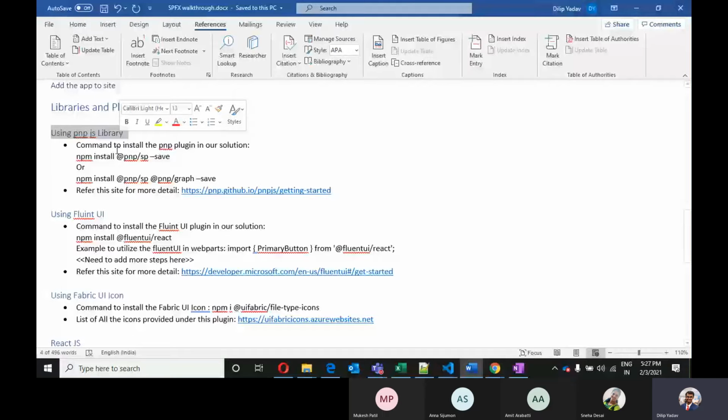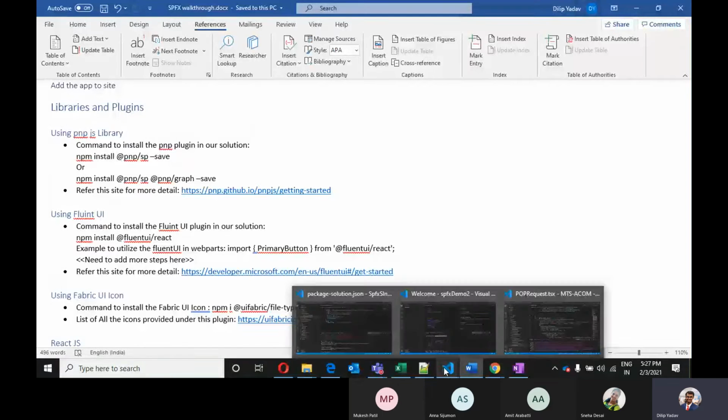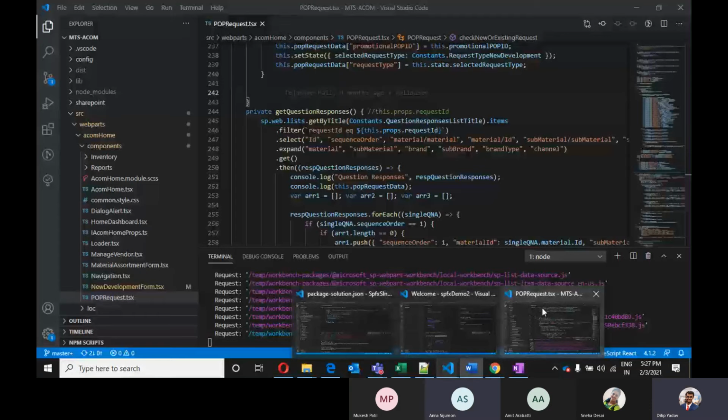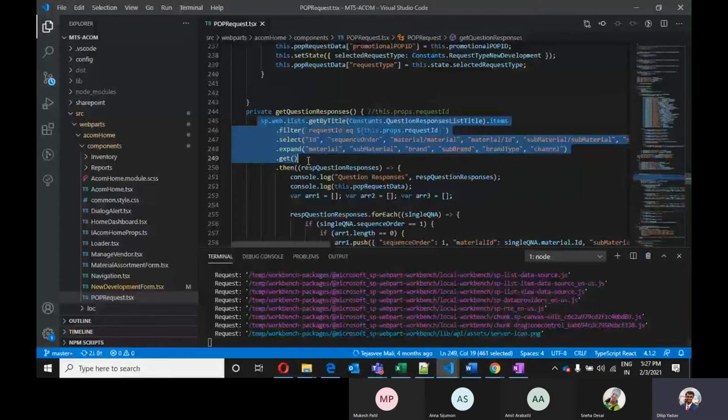Let me demonstrate this with an example. You can see how we are making a REST call with PnP. It is very convenient and well structured if we utilize this. We have simply mentioned our list title, then the filters and select query, whatever we used to expand, and then get our post query.